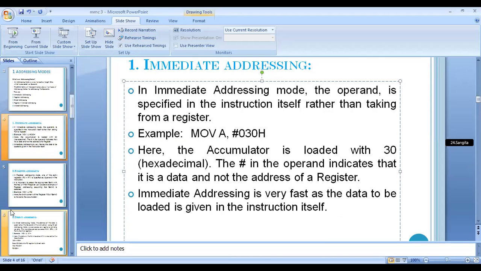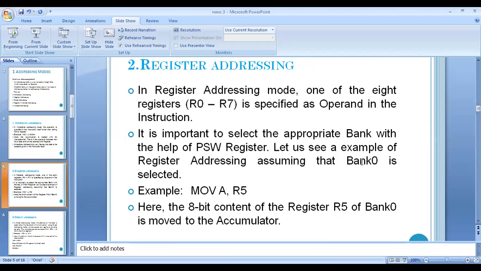Okay. So next, see here, the next one is register addressing. In register addressing, we are giving the data into the register, and we have to mention the value of that register in the instruction. So see here, in the register addressing mode, what will come in the instruction? The name of the register. Now see here, how many registers are we having? We are having R0, R1, R2 up to R7 registers. So we can use any register out of these 8 registers, R0 to R7.